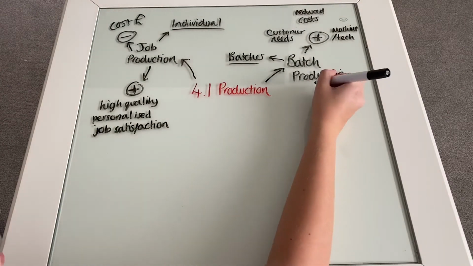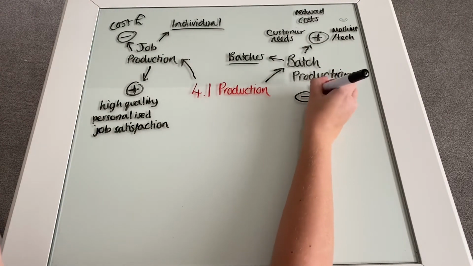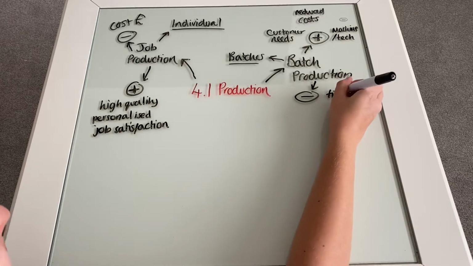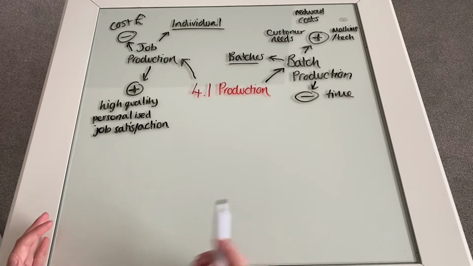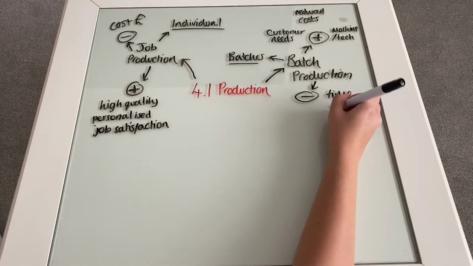The disadvantages: time. You can't just switch over and it happens immediately. You've got to take the time out to change your production line slightly, to change the materials that you're putting in, potentially to change the staff. And time costs money. It may be necessary to keep stocks of raw materials. So if you know that you've got to make white bread today but brown bread tomorrow, you might need to keep the ingredients,